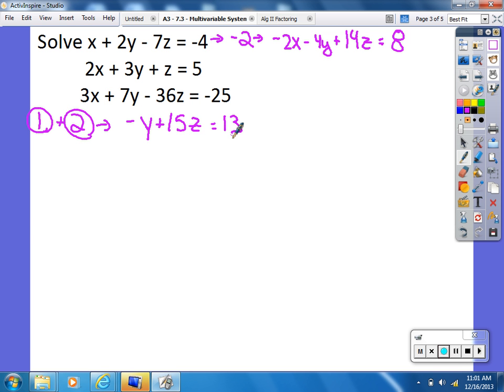So you got when you added 1 and 2 together now? Well, that works fantastic. Now I need to do it again and get rid of x again, using either equation